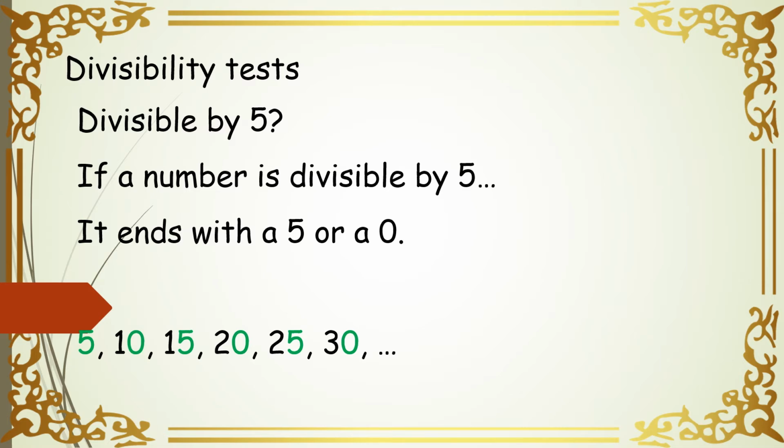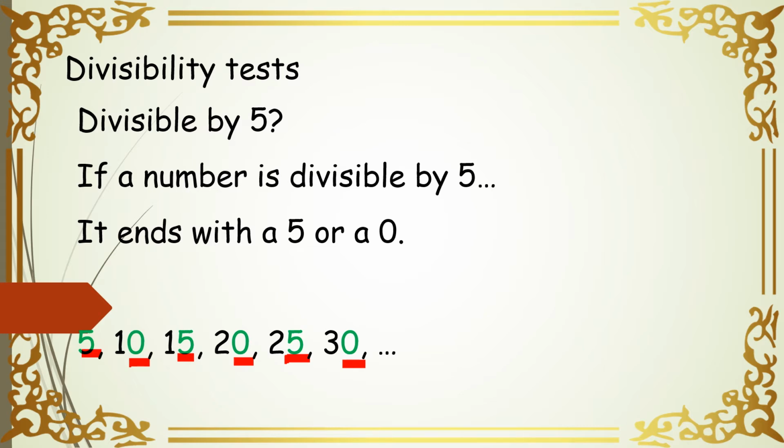And if you know the table of 5, you all know that you will get 5, 10, 15, 20, 25, 30, 35, 40, 45, 50 and so on. So if a number is divisible by 5, it ends with a 5 or a 0. उसका जो last digit होगा ना, it will always be a 5 or a 0. ठीक है, so here you can see in all the examples that I have 5, 10, 15, 20, 25, 30. Now all these numbers show me that they are divisible by 5. Okay, so you have to remember this because it is very simple.